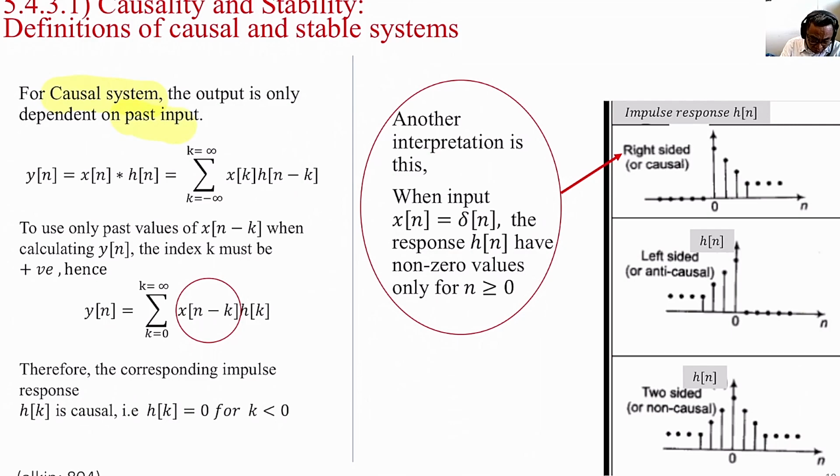Okay, and therefore y of n is only dependent on x of n. It cannot depend on future values, like x of n plus 1. It can only depend on x of n and x of n minus 1, n minus 2, and so on. So if you look at the general convolution equation,